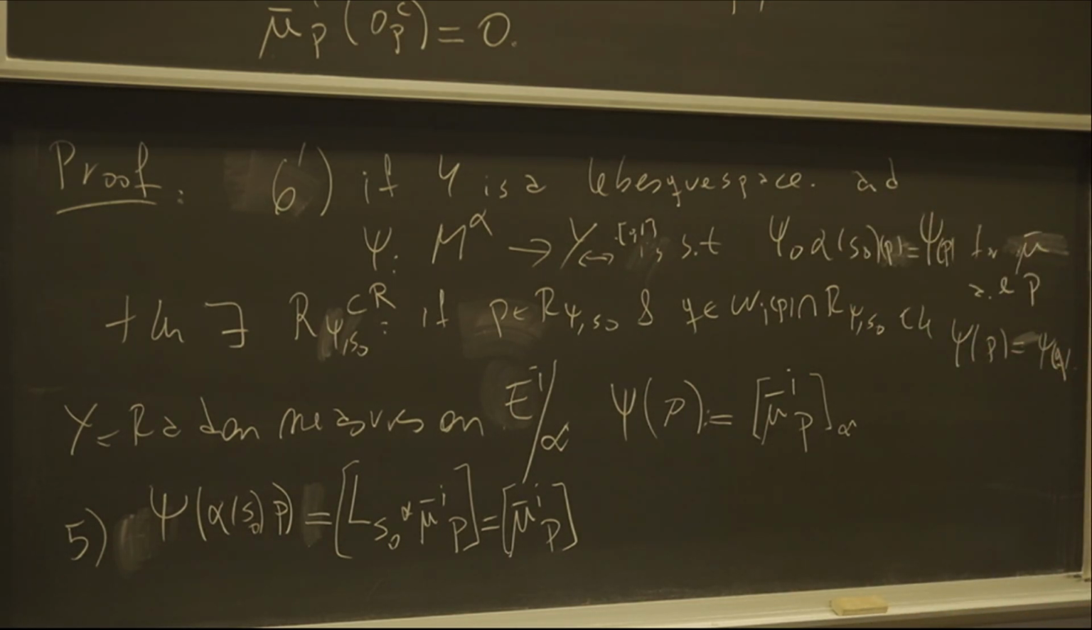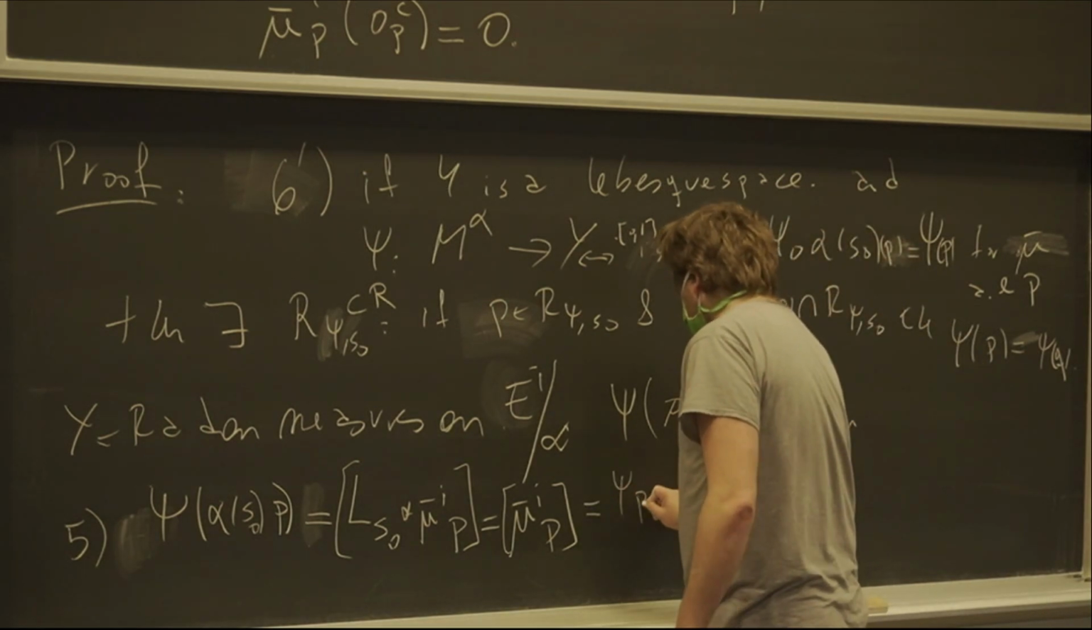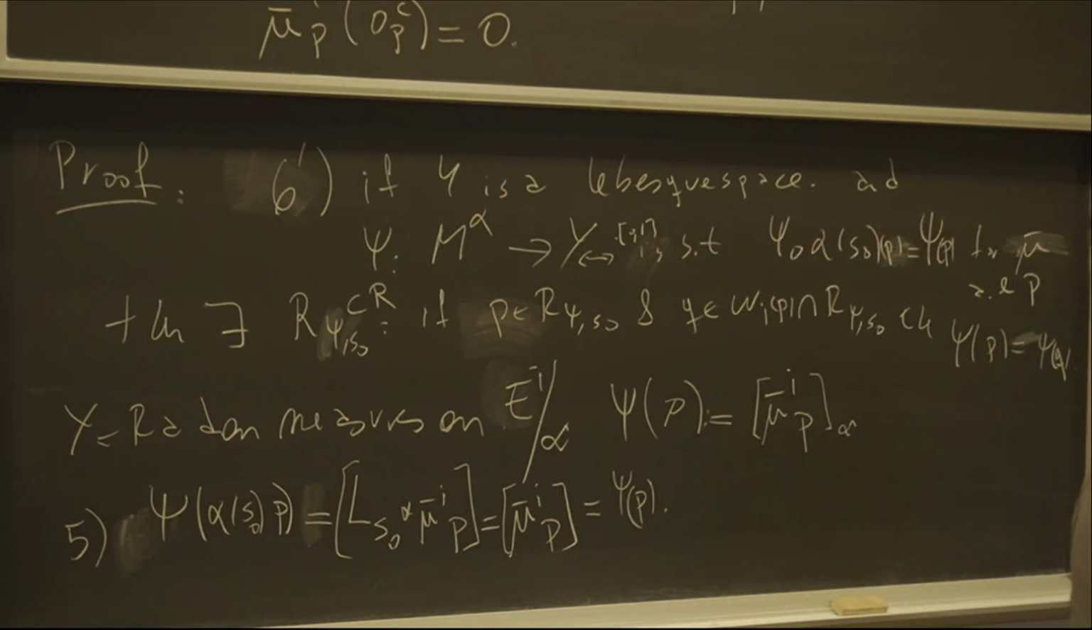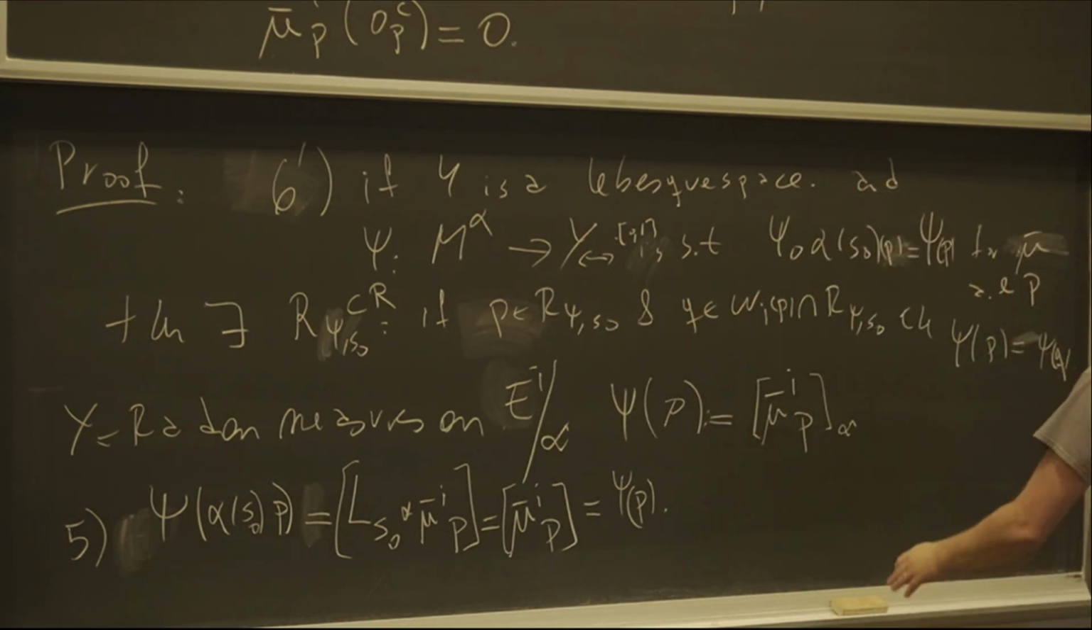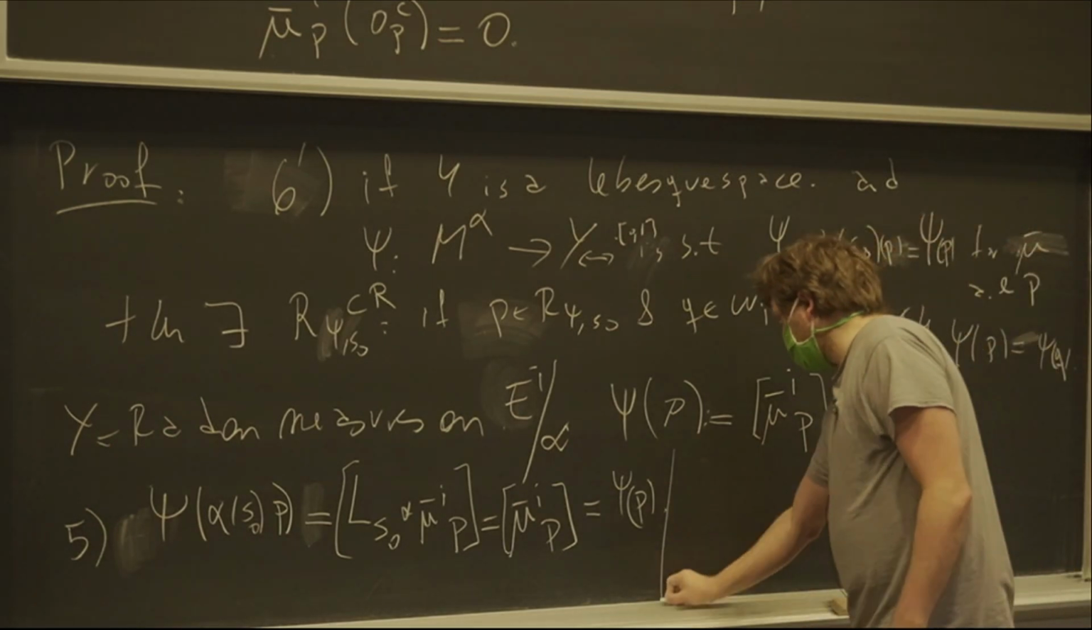So that's what 5 does. So then I can apply 6 prime with this to this psi. So this is psi of P. So when I apply 5 with 6 prime, I have this set inside R of full measure, and so I have psi of P equals psi of Q. So I get